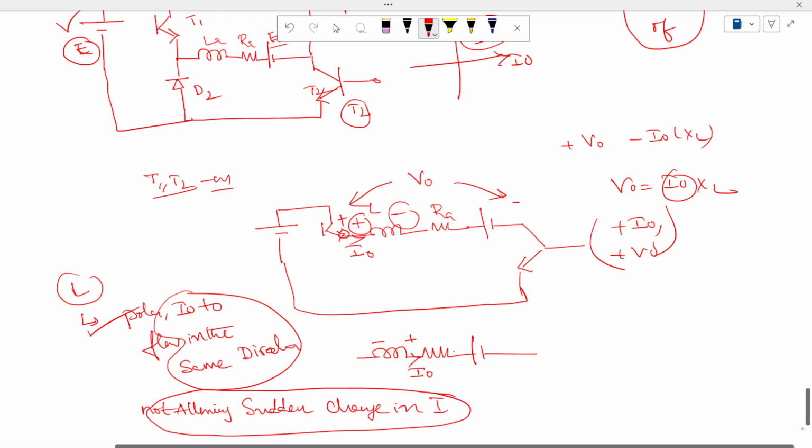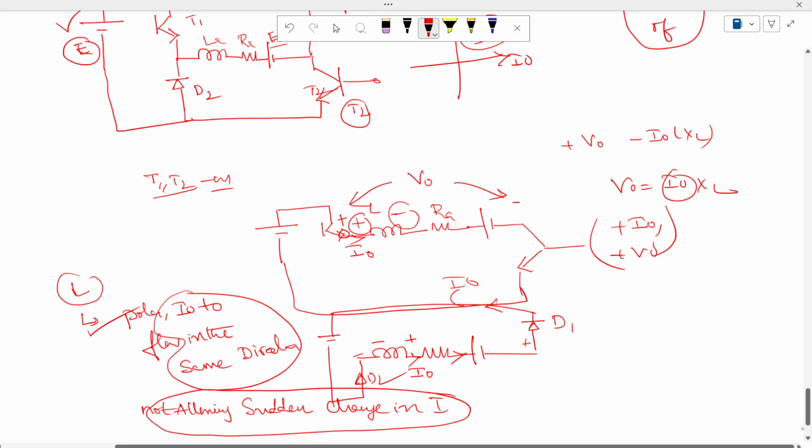So whenever the current is flowing like this, what happens is you have a diode. It flows through the diode D1, and it comes back to the supply, and it will get connected here. So through the diode D1 and diode D2, the current flows like this. This is positive, the current is flowing like this. Therefore you're going to have the polarities of